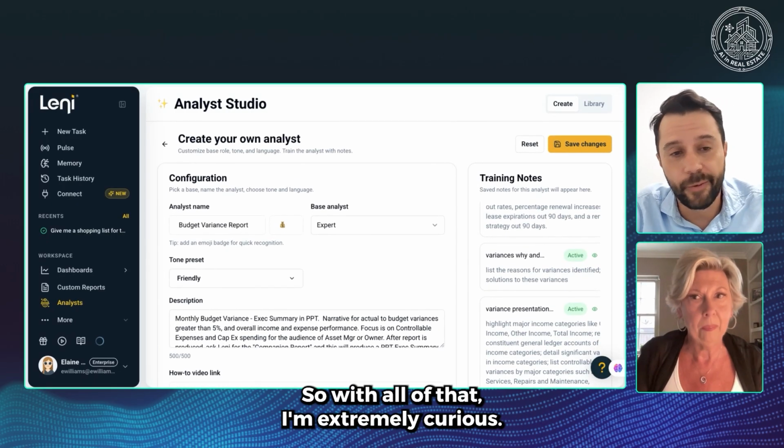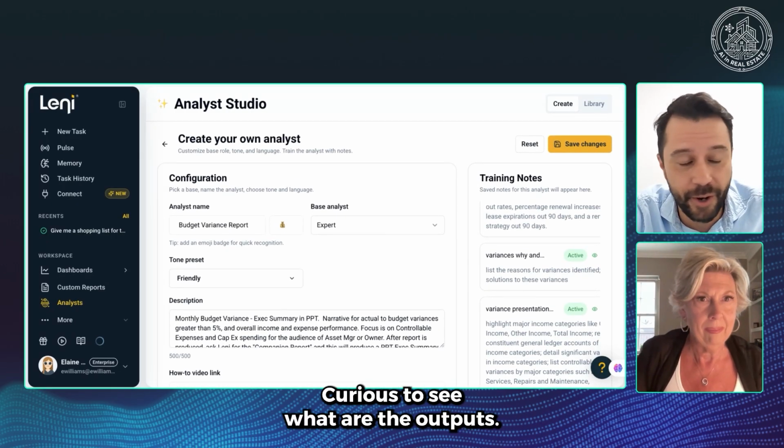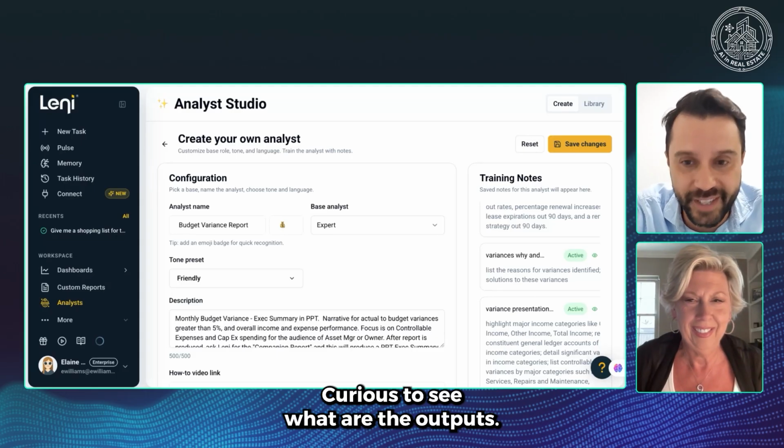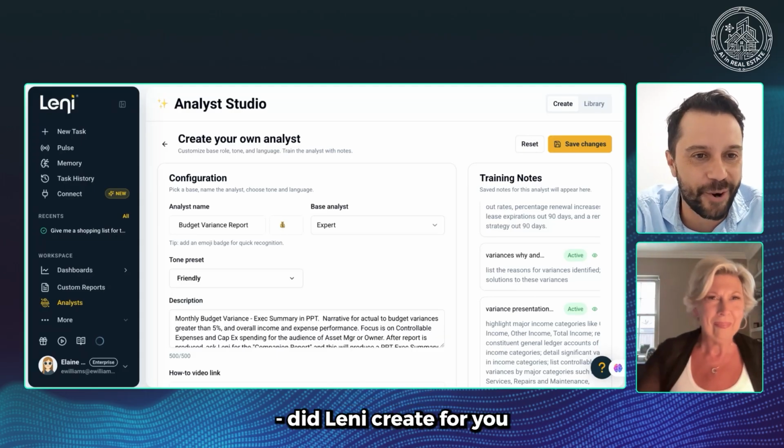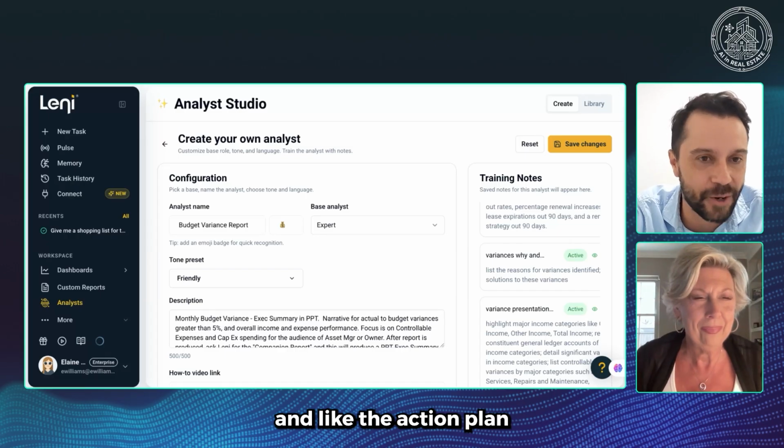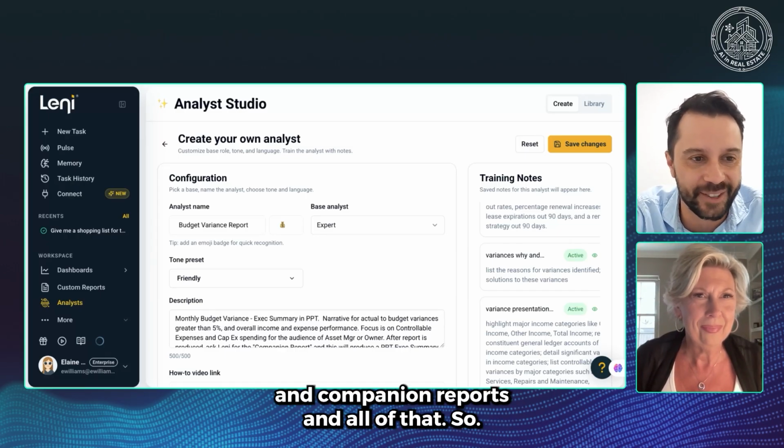So with all of that, I'm extremely curious to see what are the outputs. What did Leni create for you, and like the action planning, companion reports, and all of that. So,